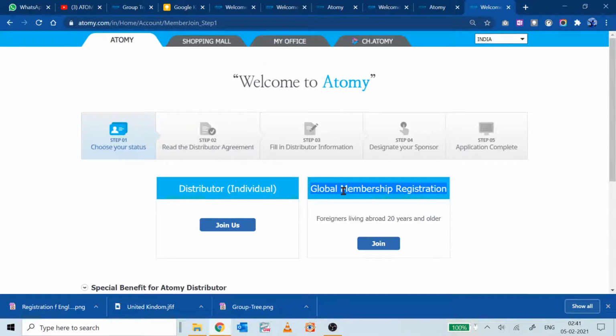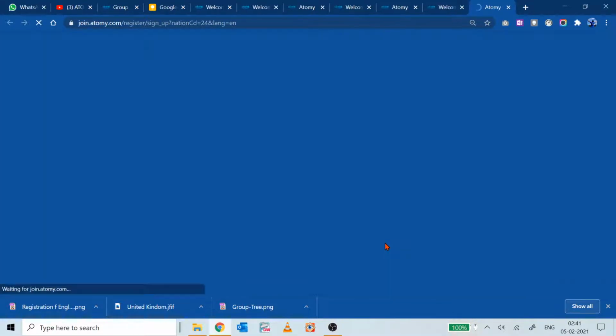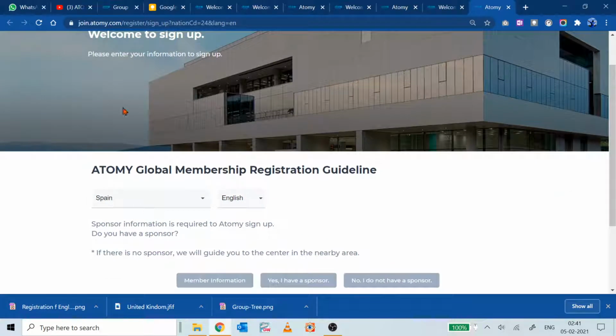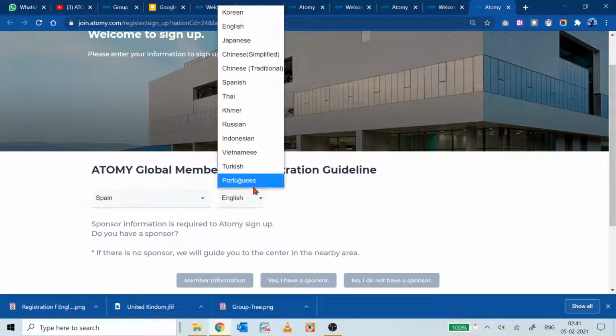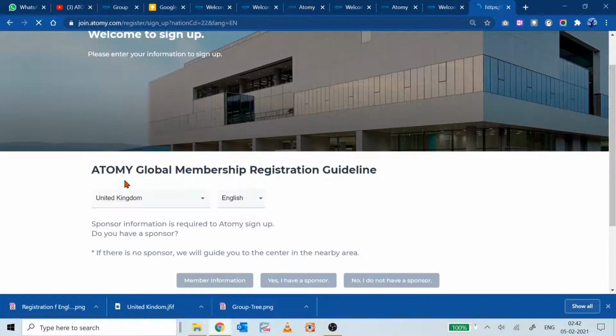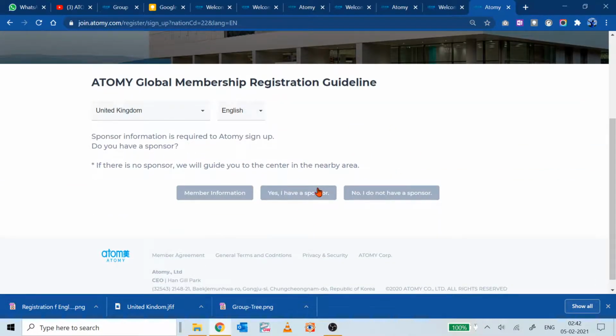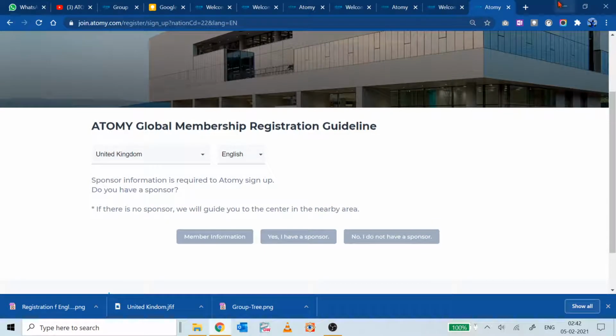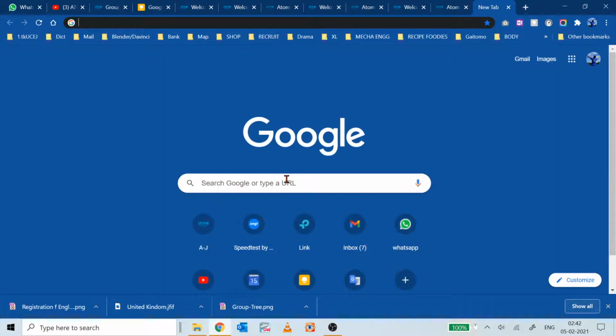Okay, once you press this join command, you'll find that this sign up page opens. Here you have to change the language option and the country you need to register. Say I'm going for United Kingdom, so you can choose United Kingdom and proceed. Okay, similar way you can log into any of the countries.